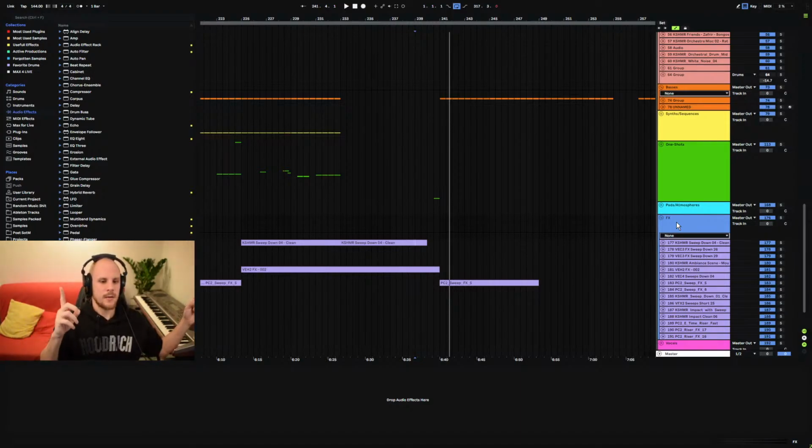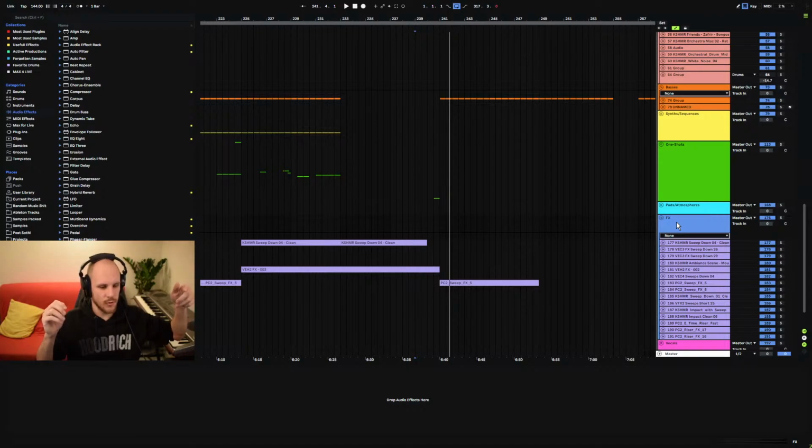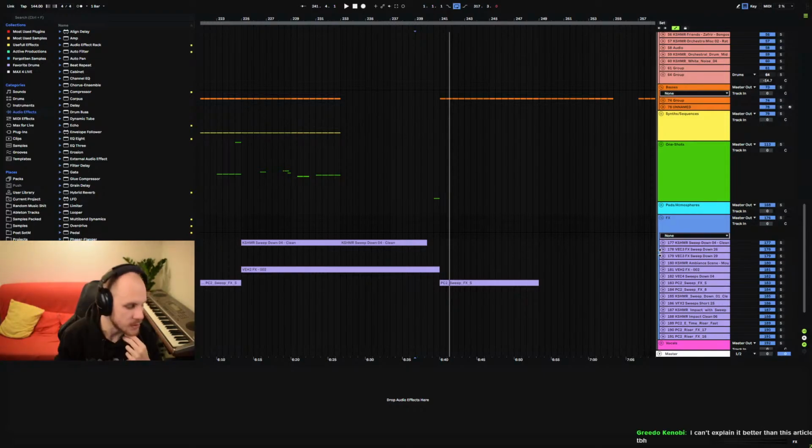I guess like Newton's cradle, I think it's called, the balls where if the ball falls on the left side, then the ball goes back up on the right side, and you have those five little metal balls that bounce back and forth. You know what I mean? That's what's happening in the air as well, with the atoms that are vibrating. I don't see any reason why an object being placed in that would change that. Because I'm trying to figure out what that would mean in a practical sense as well.